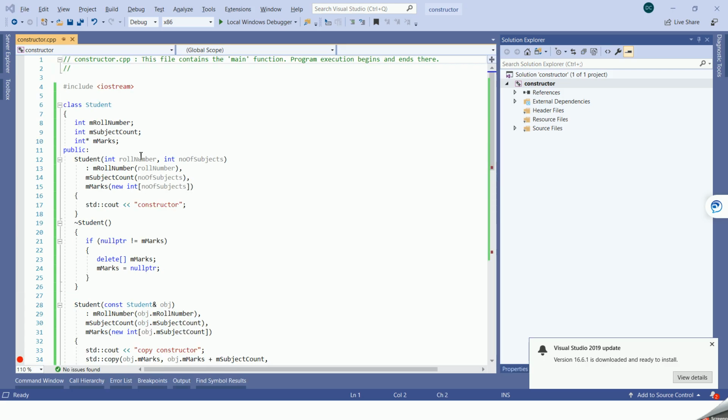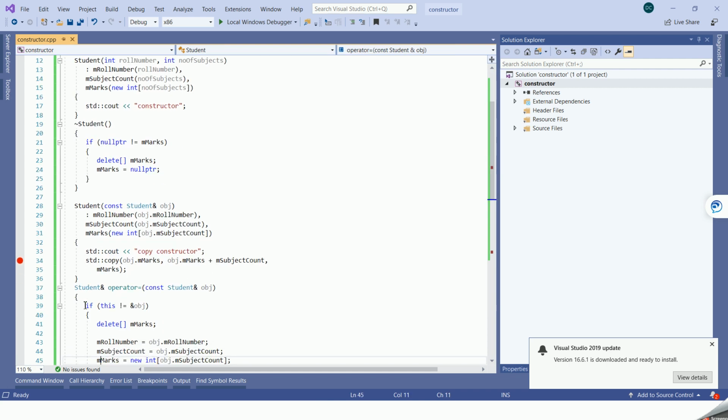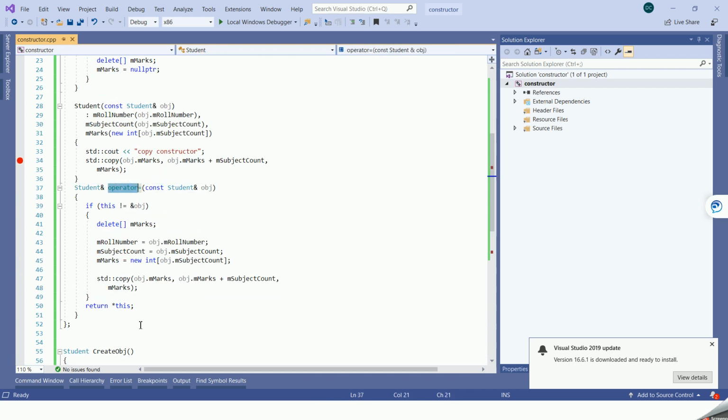This is the program that we had seen in the slide, which has this class student, and it has three members, and this is a constructor, then we have a destructor, and then we have this copy constructor, and then the assignment operator defined.